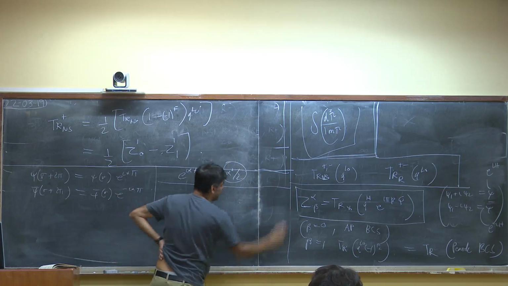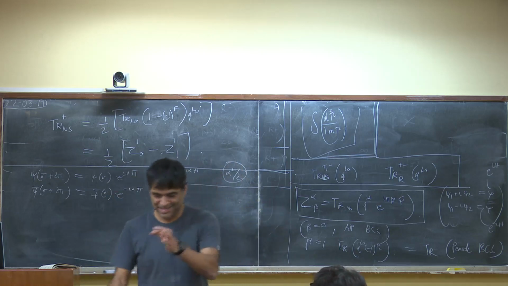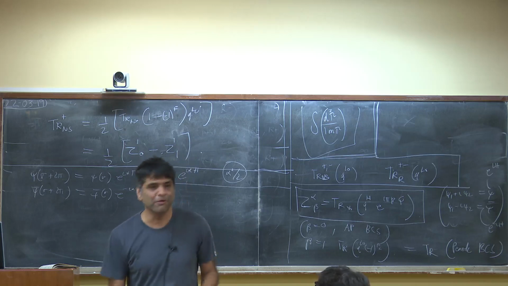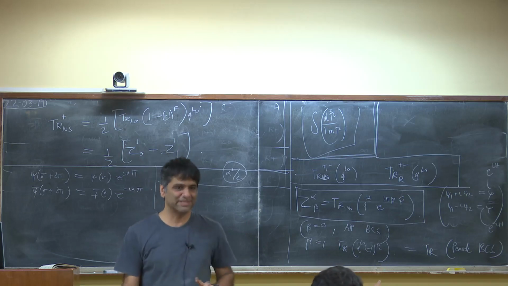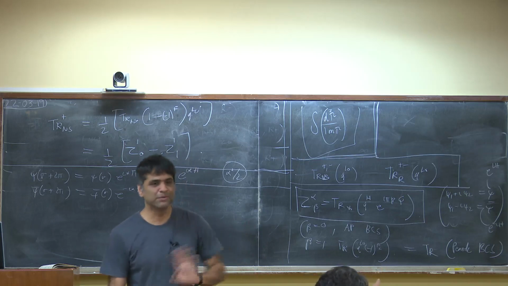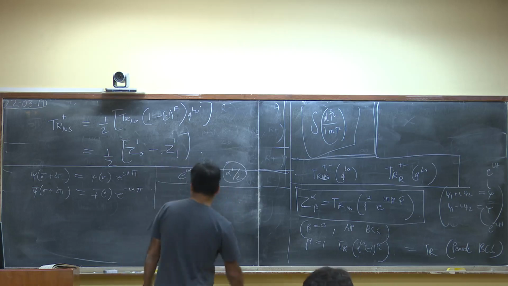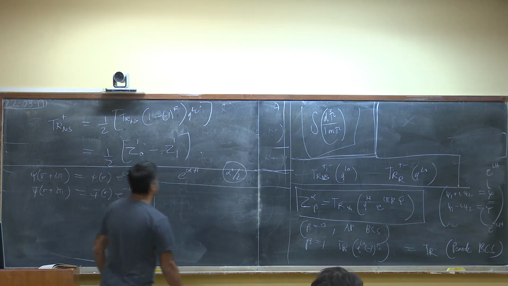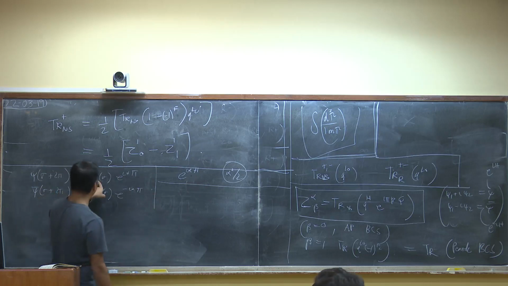This is for the vacuum, and then we will have whatever shift we have from going from the plane to the cylinder, which in this case will be minus 1 by 24, because it's psi and psi bar, and that gives c equals 1. Yes, psi and psi bar gives you 1. Exactly. So we'll have that. But before that, I wanted to just get the oscillator spectrum.